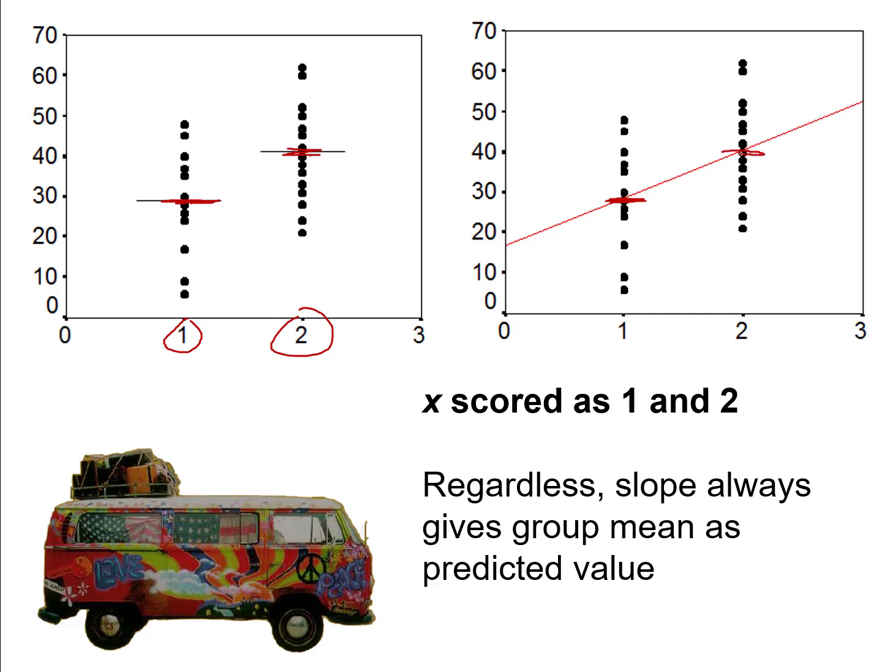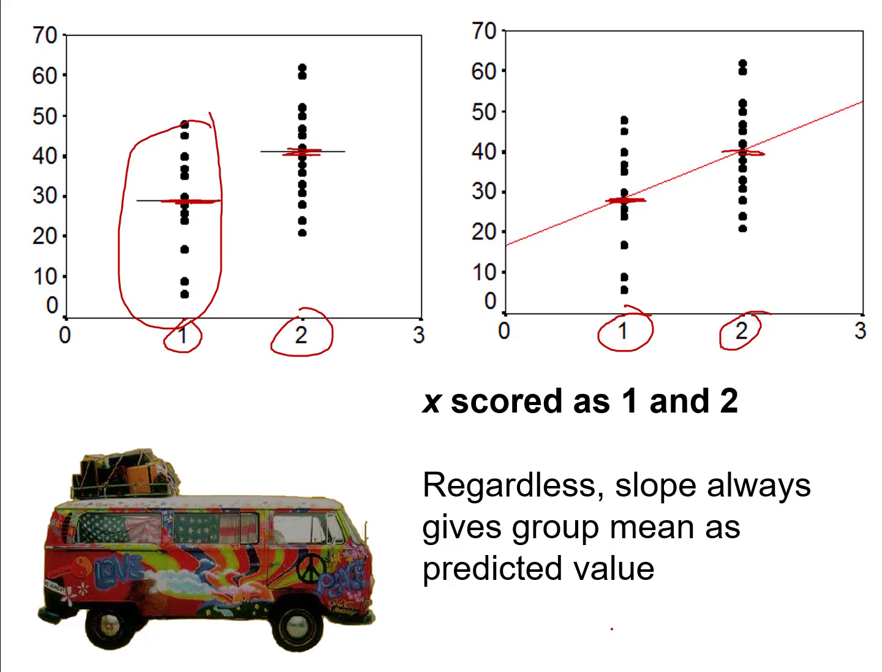And so whether we think of it as your predicted score being your group mean, or we actually do a regression equation and calculate a slope, get that equation where we have an intercept and a slope, and we calculate people's predicted scores, where we say your predicted score on y is equal to intercept plus slope times x, and your x score is your value for your group membership variable, we would get the exact same predicted